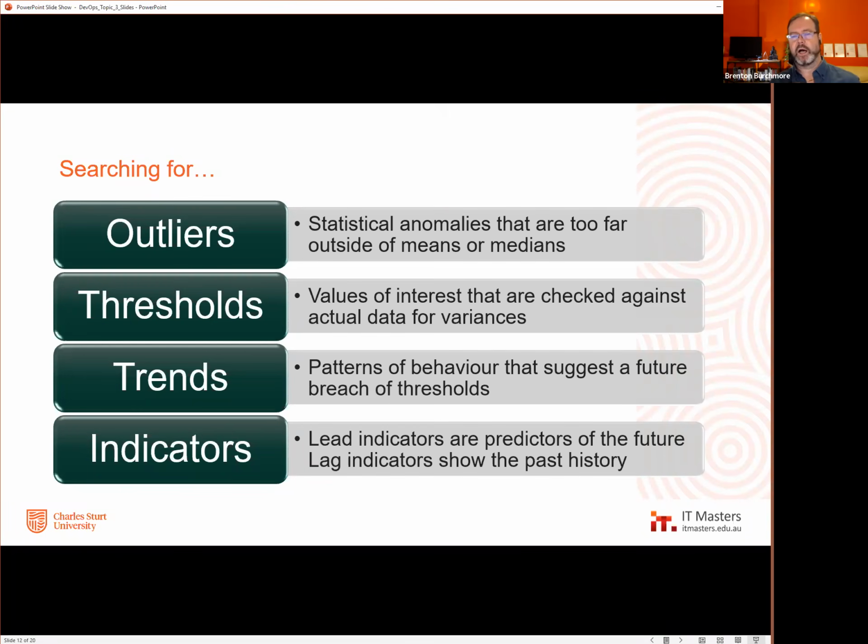Lagging indicators are historical evidence. Lagging indicators are going to be things like, well, every time someone goes through a red light, there's an X% chance, or every so often this happens, there is a collision. And we can look at collision reports and say, well, you know, every time when these people go through red lights, 10% of the time they hit somebody else. So there's a lag indicator. It doesn't tell you anything about the future, but it tells you a lot about the past.